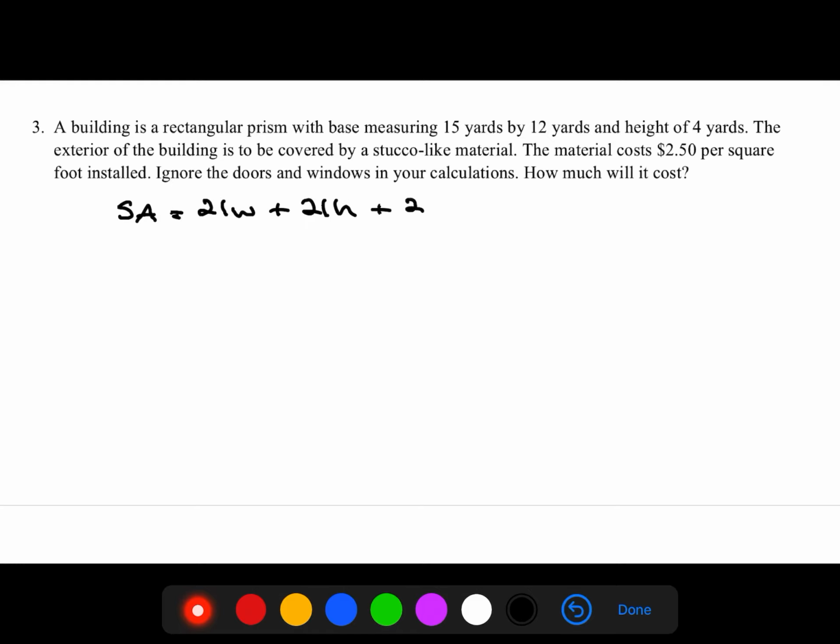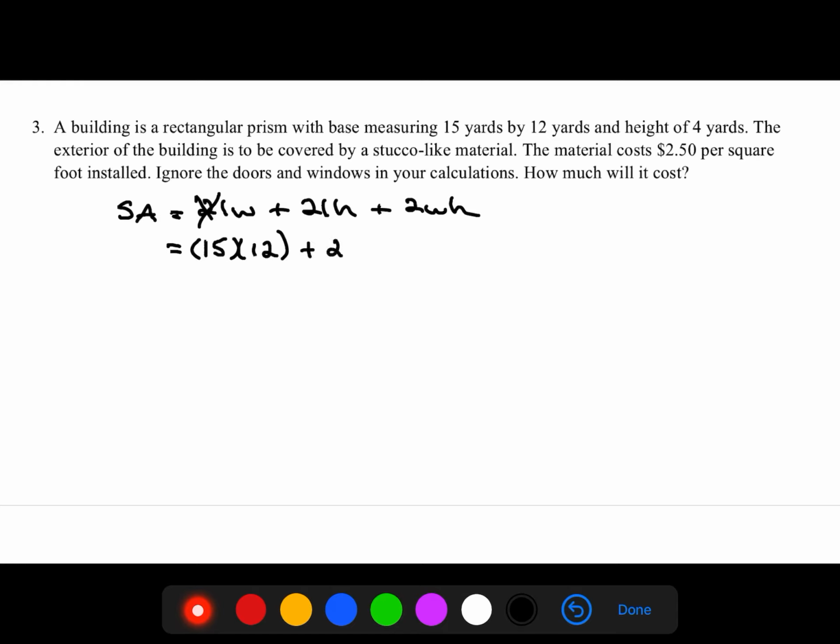Now, we look at our surface area formula. We're going to have 2 length times width plus 2 length times height plus 2 width times height. Now, if we think about our building, obviously the bottom cannot be stuccoed. We are not going to go under the building to stucco it. So we want to think about what part of this formula is taken out of here. And that's going to be one of our length times widths. So the measurement on the bottom we can take out of there because we're only going to do 5 sides